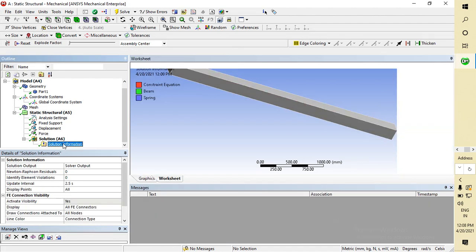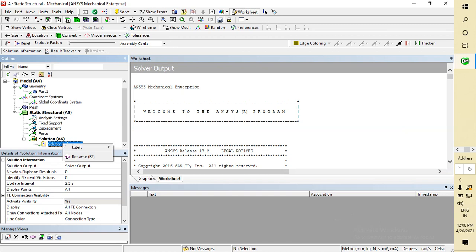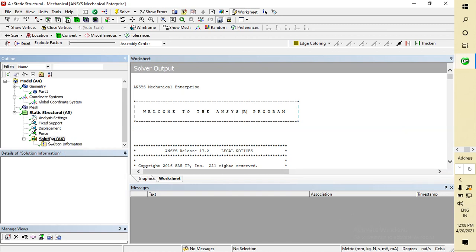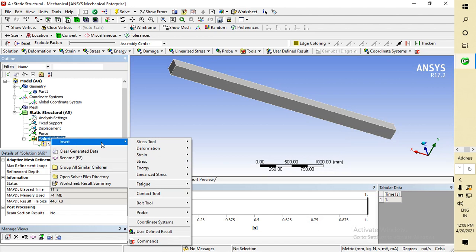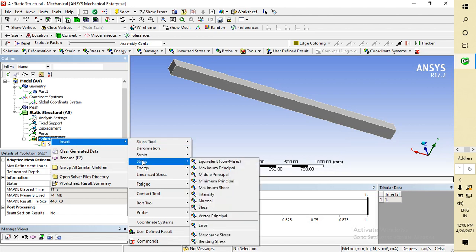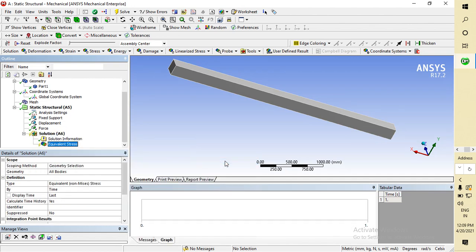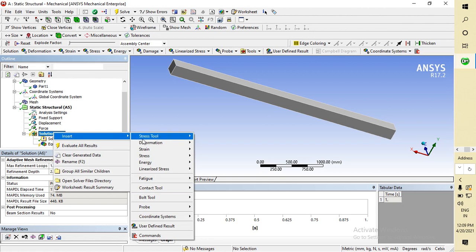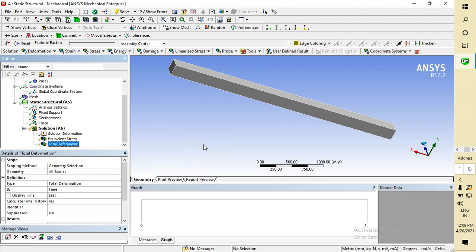Now right click on solution, insert stress. We need von Mises. We select von Mises. And another thing, we'll select deformation, total deformation.